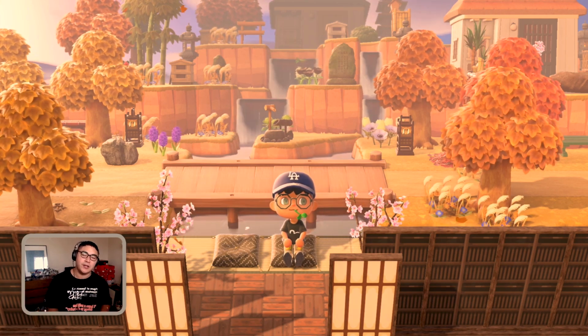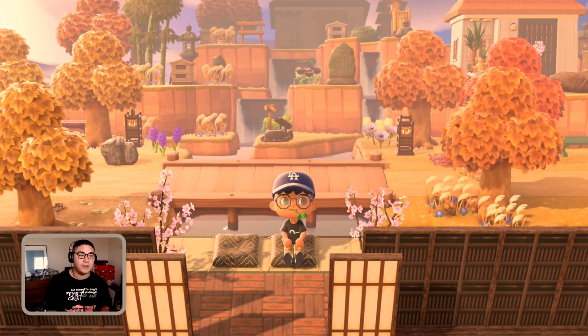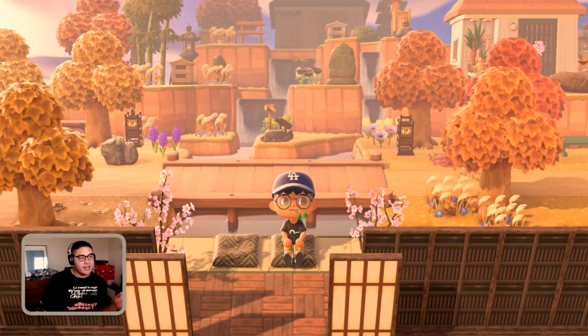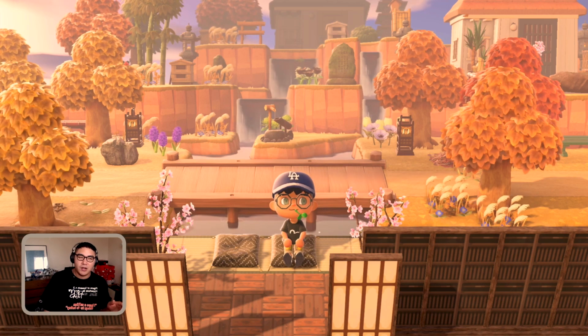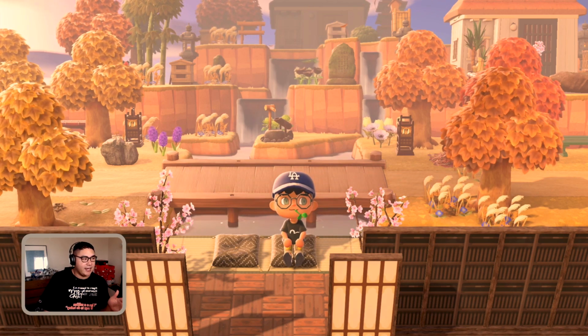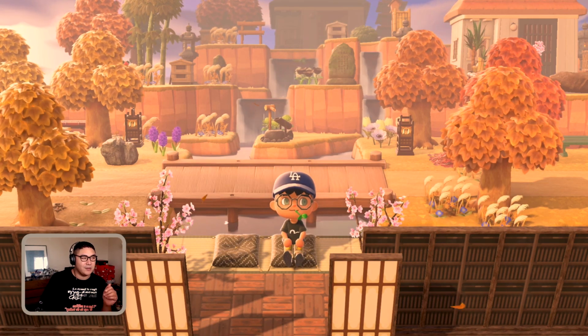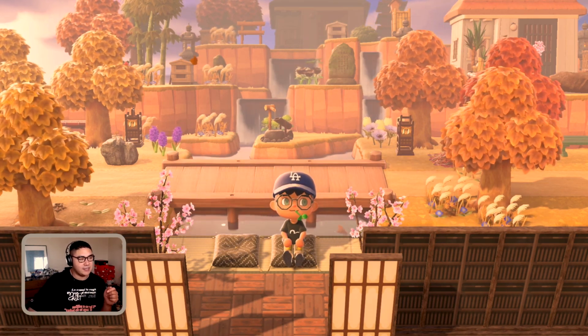But for those of you who are new here or haven't checked out the streams before, I just want to show you what's changed on my Japanese countryside island. I actually showed off this view for the most part on the last island update of this island, but a couple of things have changed here. There's actually a couple different decorations than there were before, and Benjamin's house is still atop that cliff there, but